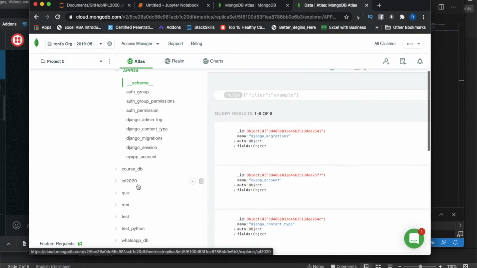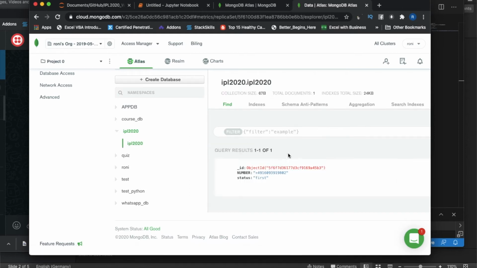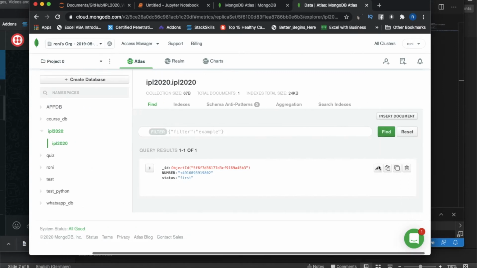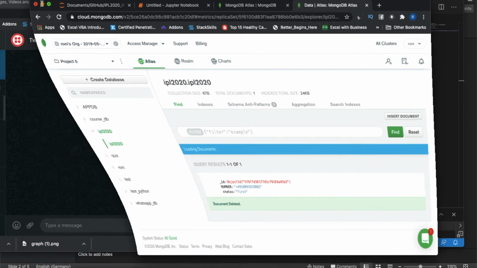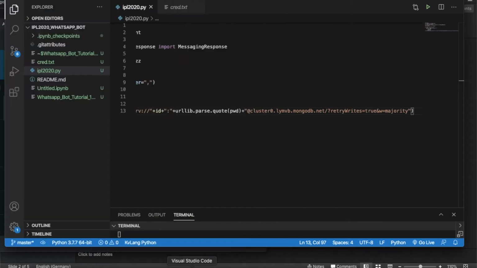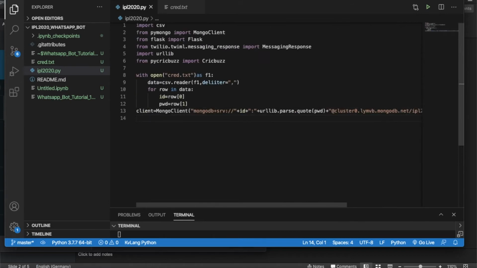I have created one database, and inside the database I have a collection. IPL 2020 is the database name, and this is also the collection name, and inside the collection I'll have one document with number and status. Let me delete this. My database name is IPL 2020.